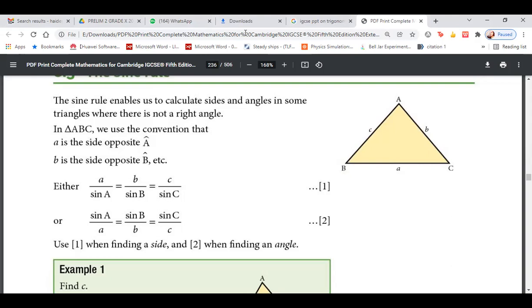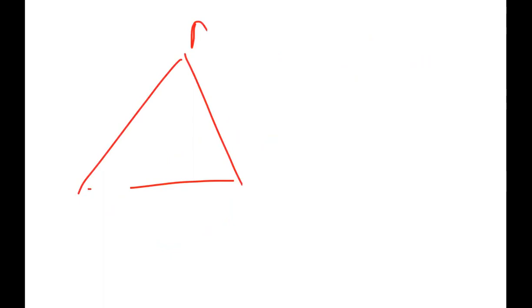Now, if I closely look at the condition, to know when to use sine rule and when to use cosine rule, I just need to be clear about one simple thing. To understand this formula, you draw a triangle first. Learn to draw a triangle and its angles. That is very important. Once I draw a triangle and its angles, it becomes very simple. So if I have this triangle ABC, the vertices are A, B, and C.